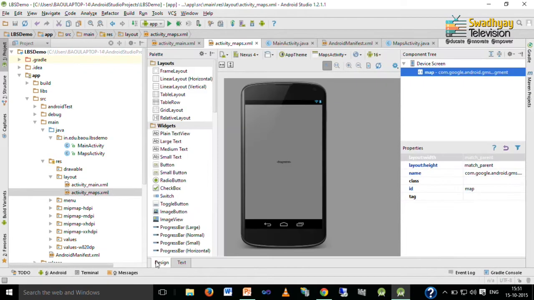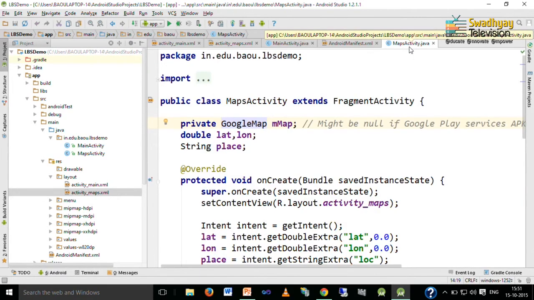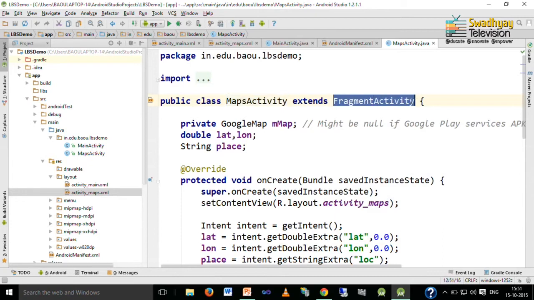This layout file is automatically created for you, and this activity file is also created for you by Android Studio. Now, remember here the name of our activity is MapsActivity and it extends FragmentActivity and not a normal Activity or ActionBarActivity.